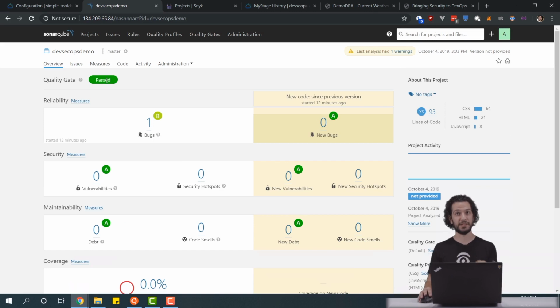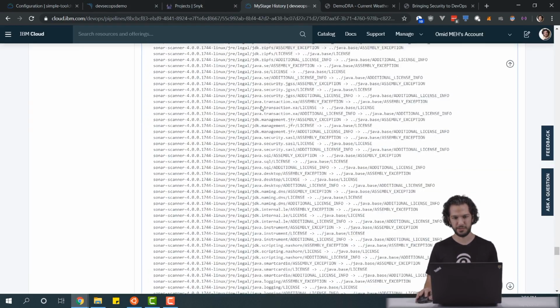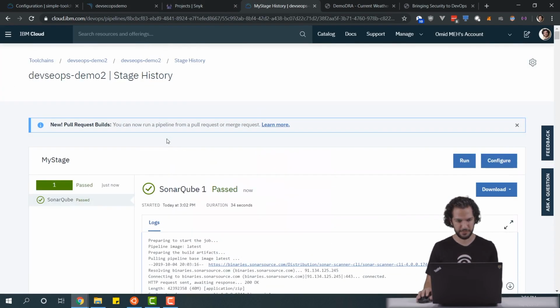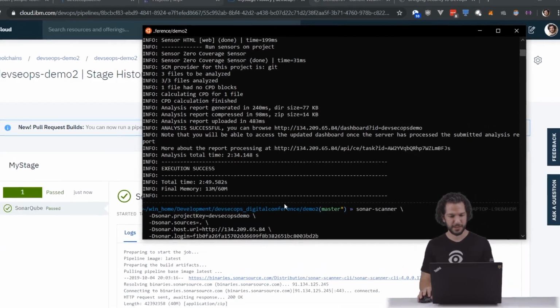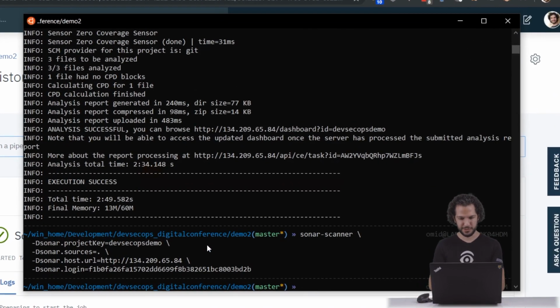Oh, by the way, you can set your gating property, so you can pass or fail based on different criteria, but that would be too in-depth for this talk. So we added SonarQube. Let's do something fun. I know a code that's super buggy, and I'm going to add it to our repo to see how that goes. So I'm going to copy this super buggy code from here